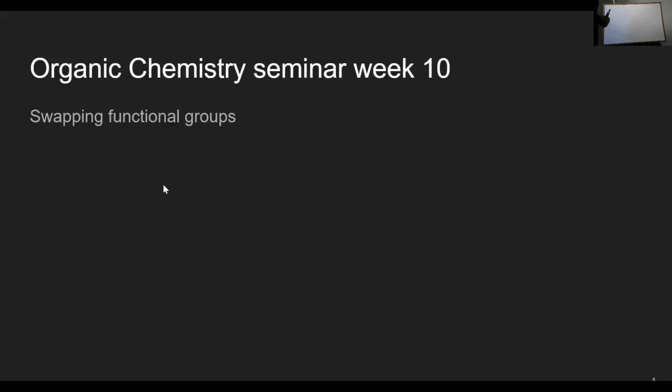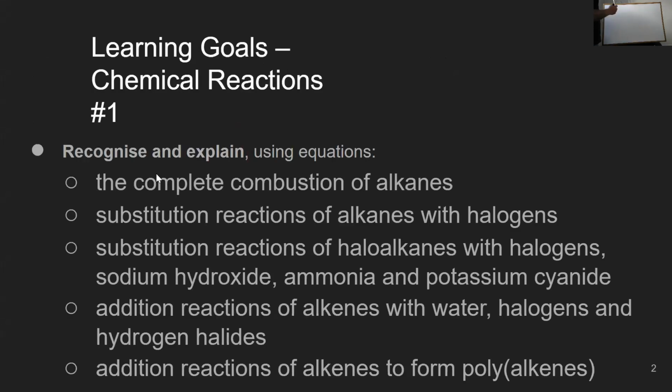This is kind of the pinnacle of everything. So how do we create one organic compound from another? We do that by swapping the functional groups. I'll share my screen so you can see it. So we have combustion reactions, where we have the complete combustion of an alkane. We have substitution reactions, addition reactions. Then we also have